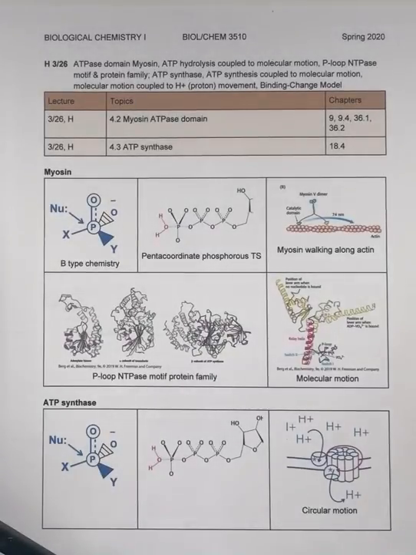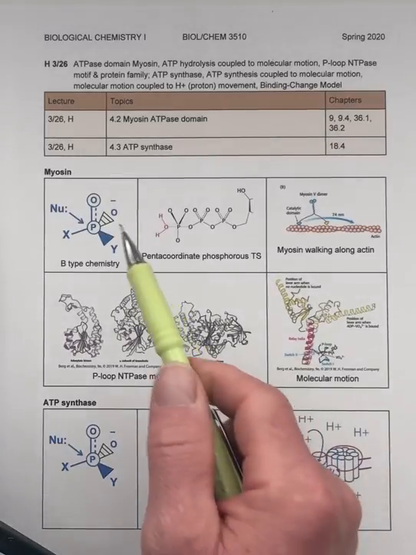So here is the handout for today. These handouts, I continue to post these on the Canvas file. You can find links for these on the wiki page called Lecture Notes Horvath. And for today, I've chosen a few images from the text and drawings that I've made myself to highlight features